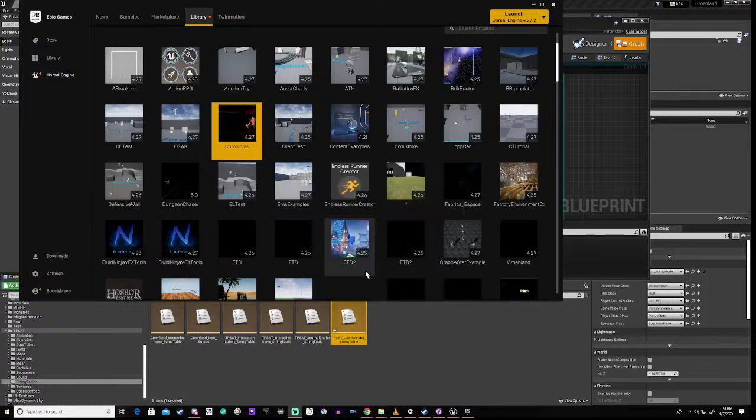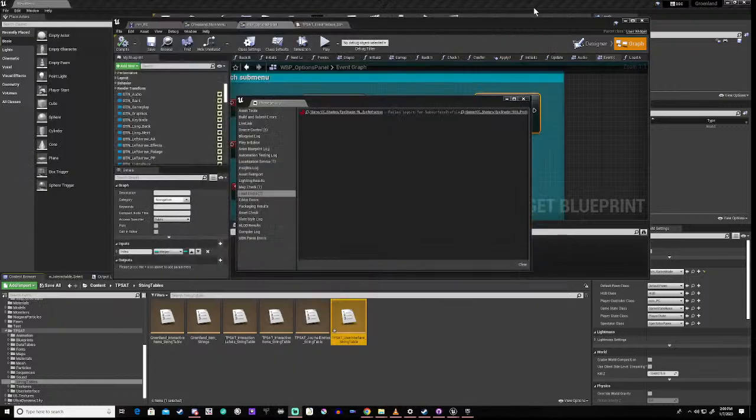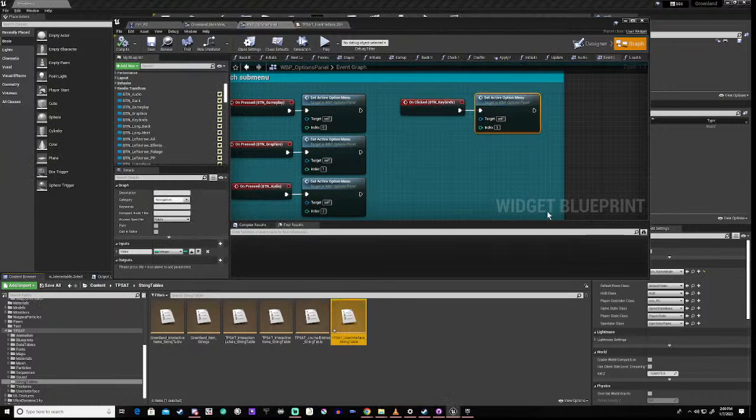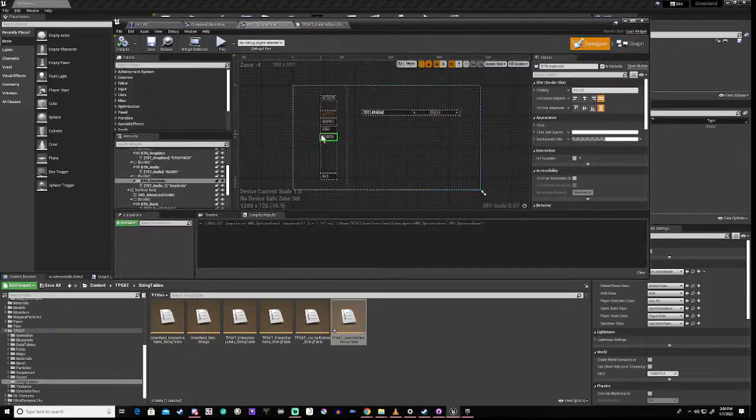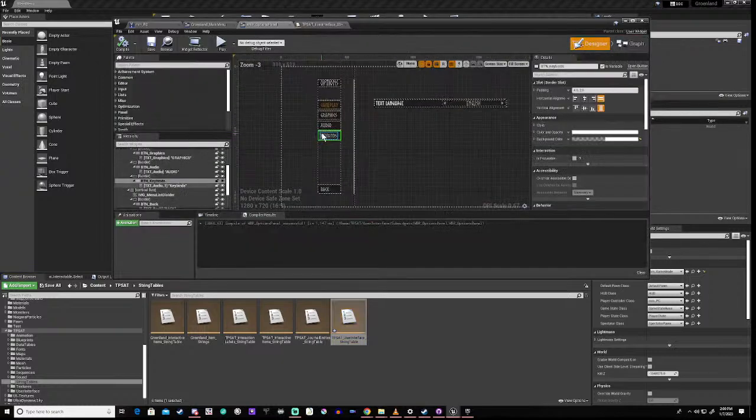We are adding keybinds to our menu. Now these were not in the original asset that we are basing our menu on, so we've basically added this button here, and we have duplicated. We've got this widget switcher and we've added the keybind options panel to it, but